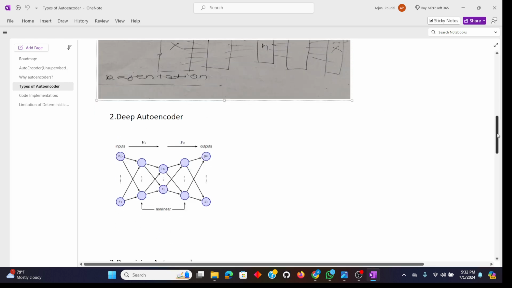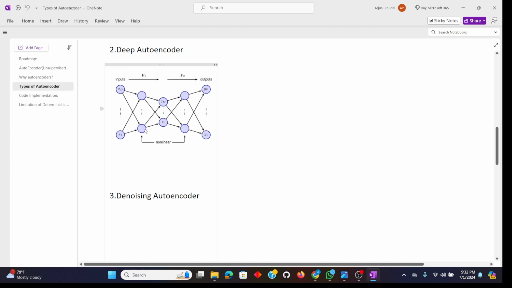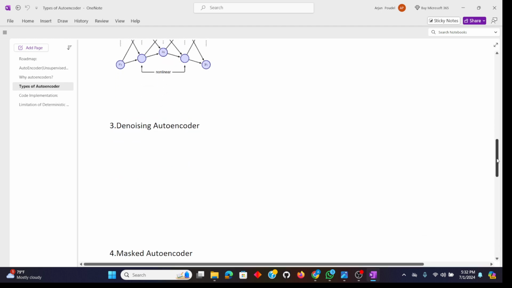And then guys, this is the simple non-linearity. It will impose non-linearity. Our model is not direct, because by introducing hidden layers, we imply non-linearity. And for denoising autoencoders, we will do the project on this. We will do the code implementation on denoising autoencoders, where we try to remove the